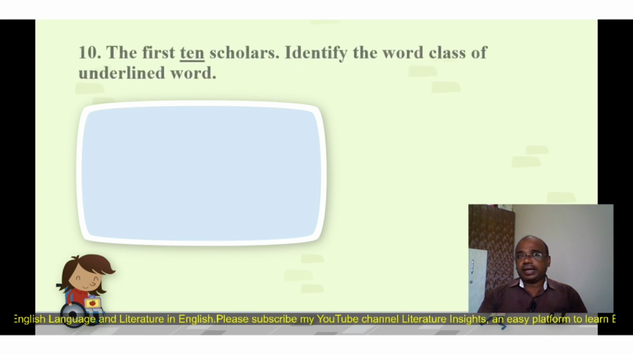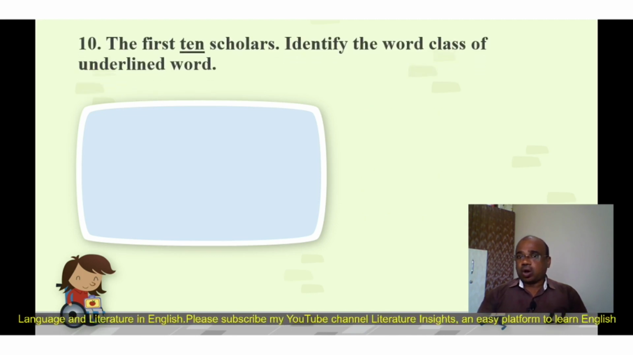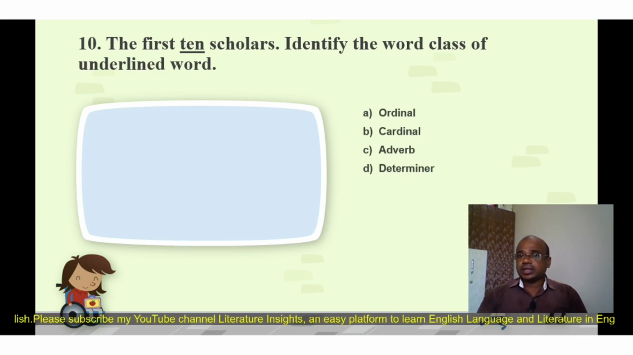Then question number 10. The first 10 scholars identify the word class of underlined word in the given sentence. The student has just to identify the word class of 10, and here are the options: A. Ordinal, B. Cardinal, C. Adverb, D. Determiner, and the correct option is B. Cardinal. So here the student has to initially understand the word 10 comes under the numerals, and in numerals there